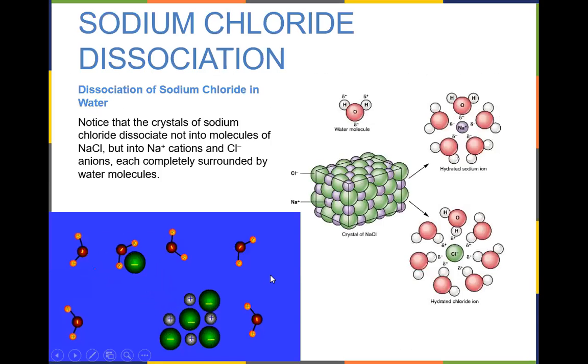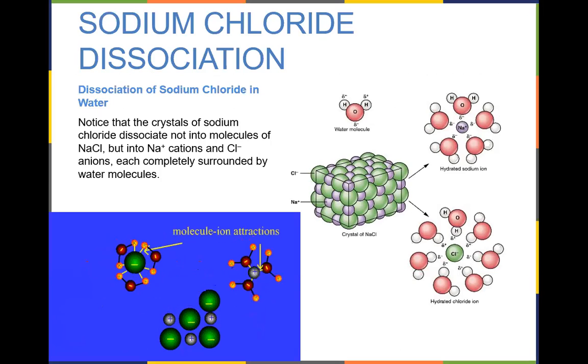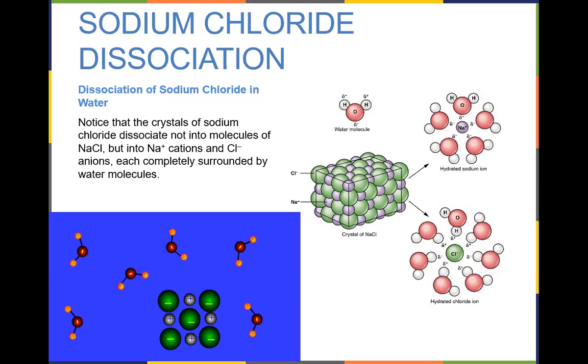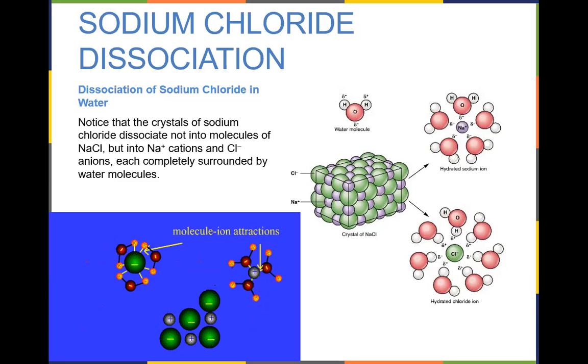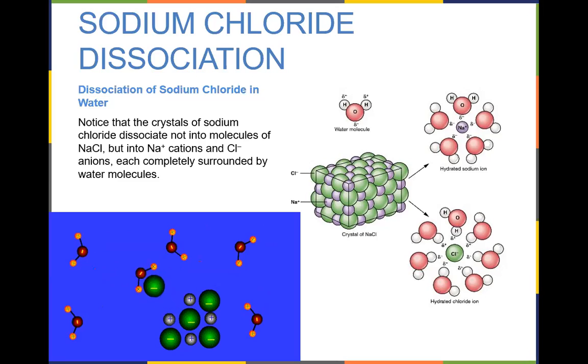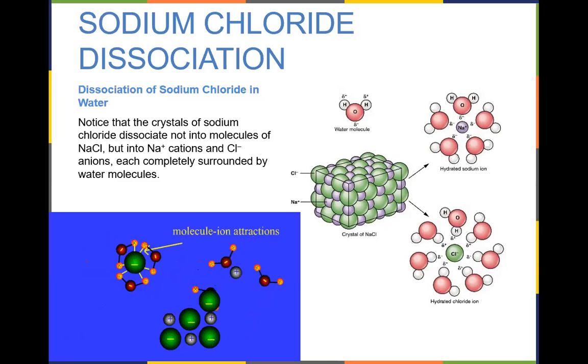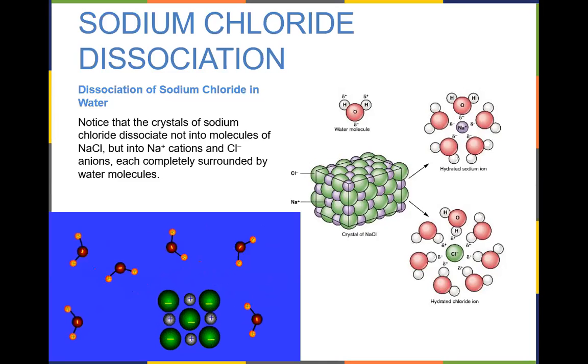And of course, we see right here, here's what happens. Here's one of the reasons why salt goes into solution so easily, because a salt crystal is made up of sodium and chlorine ions attracted to each other electrostatically like a magnet, if you will. They're attracted to each other because they're positive and negative. Well, water molecules also have a positive and a negative end. And the positive hydrogens will grab the negative chlorines, they're attracted to them like a magnet, and the negative oxygen end of a water molecule will grab the sodiums.